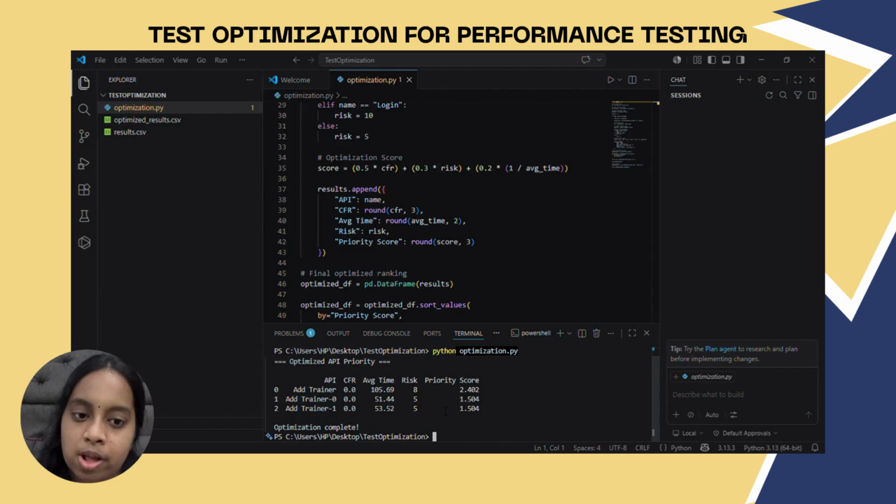Okay, so next will be the optimization for the performance test. After moving on from JMeter, we have found out that our average time taken, minimum